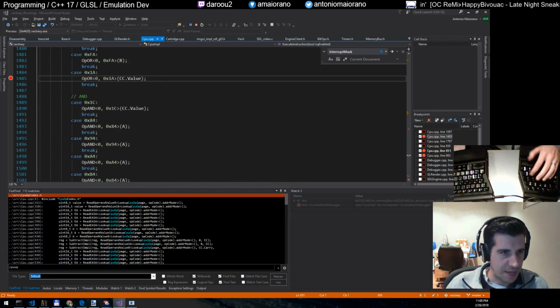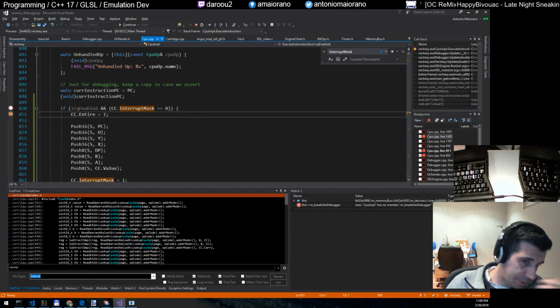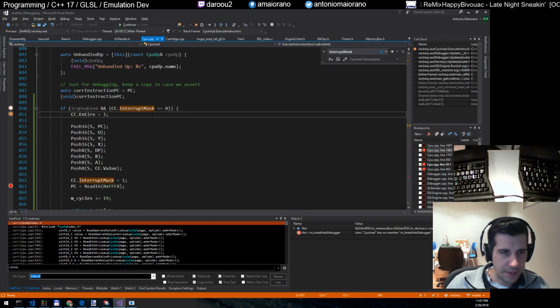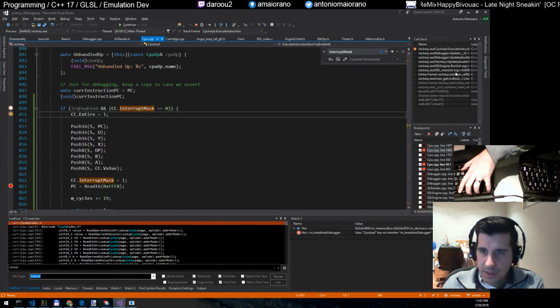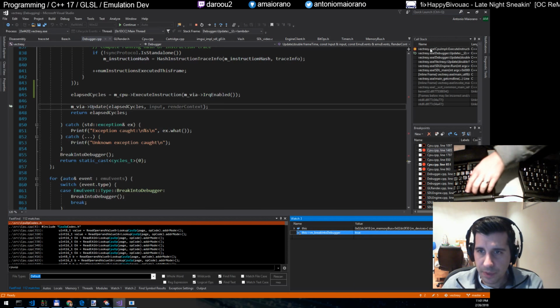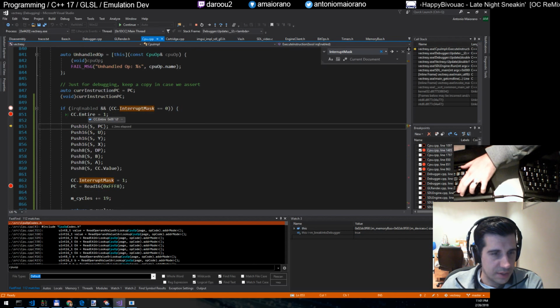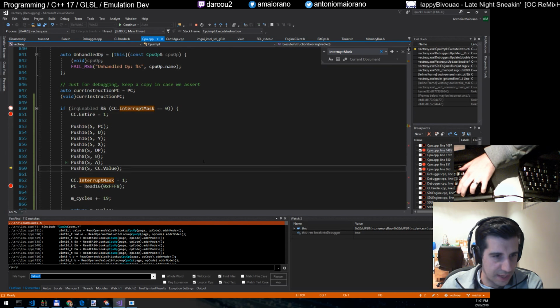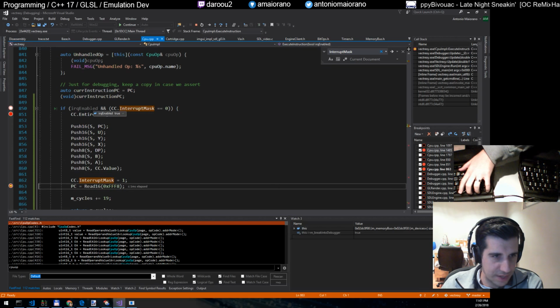Okay, so now if I press F, alright, so we hit it now because I initialized the interrupt mask to 0, which is probably wrong, but anyway, let's just see what happens. So let's go back to our debugger here, and turn on break into debugger. So we're now pushing the state, we turn off the interrupt mask so that on the next hit,